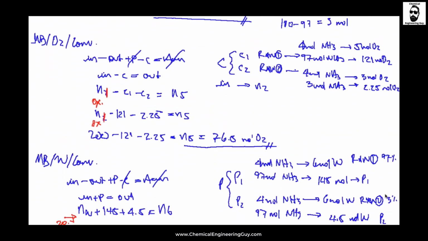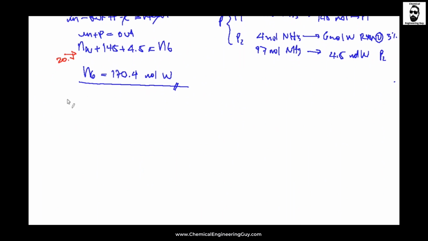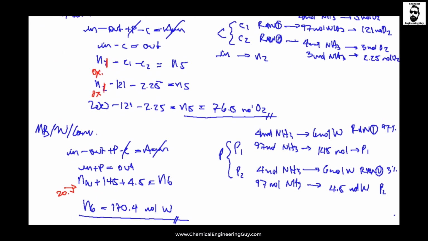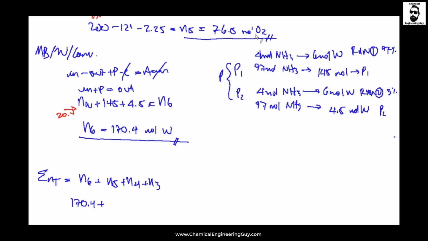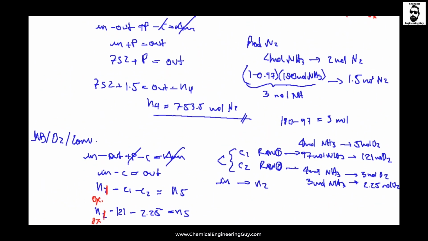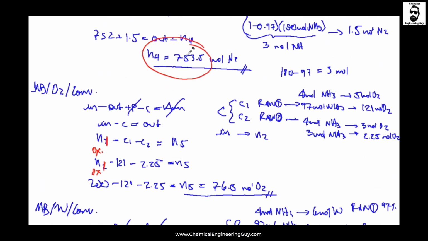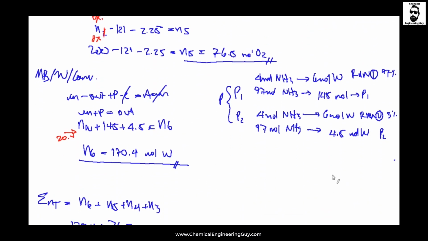Let's calculate. Where is it? Yeah, here. Total amount of moles equals N6 plus N5 plus N4 plus N3. How much is N6? It's 170.4. N5, let me go for N5, where is it? 76 is here. 76.5 plus N4, where is it? N4, it's here. 753.5